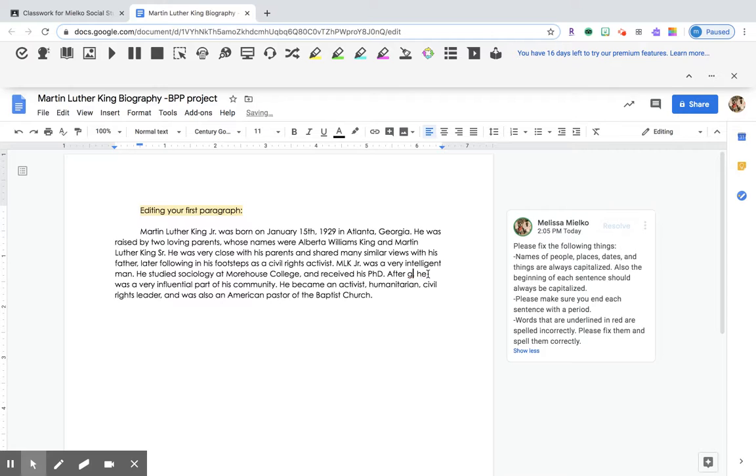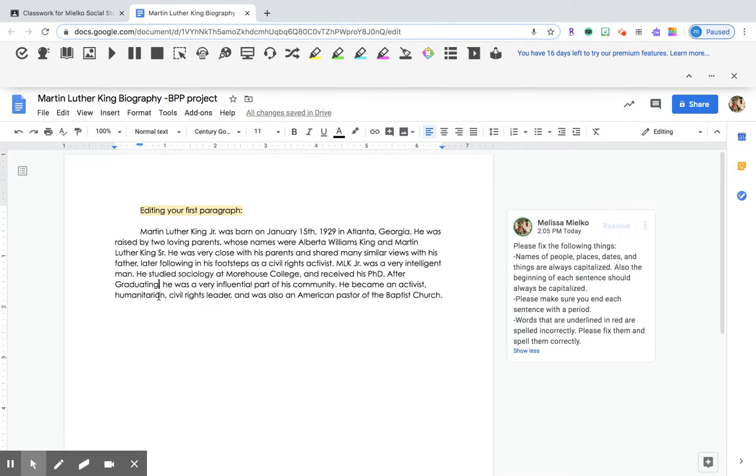Let's see. Let's use our Read Write Google tool, the purple puzzle, okay? And let's use, where is it? Talk and Type. That's the one right in the middle with the little microphone right here. So I'm going to use Talk and Type, and I'm going to say the word graduating. Graduating. Very good. So I'm going to get rid of it right away, and it came up with the correct spelling for graduating.